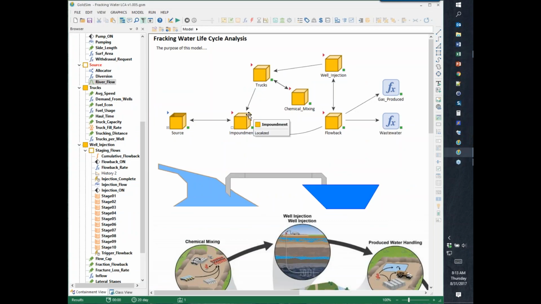Okay, so that brings you back to the well injection. So I'm just simulating a single lateral. It would be pretty easy to just replicate what I've done for a single lateral and duplicate that for the others. You might ask, well, why not just use the same equations for multiple laterals? Well, the problem is that we're waiting. It takes time for the flowback to come back out, and so you might want to be